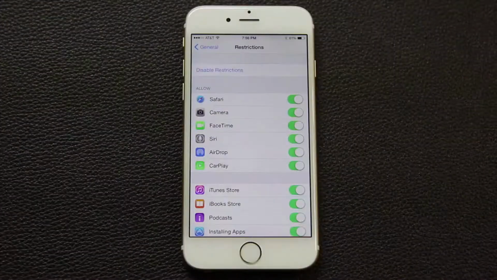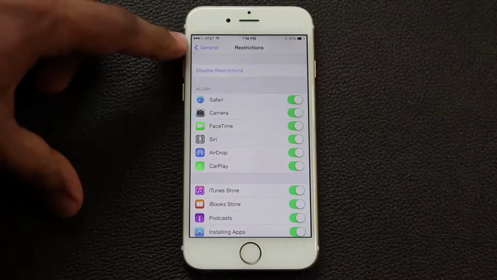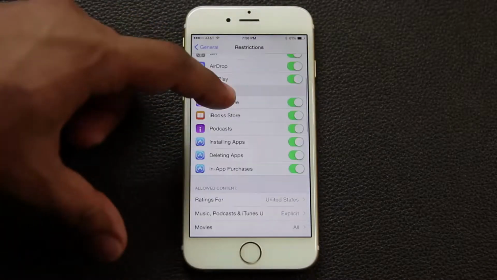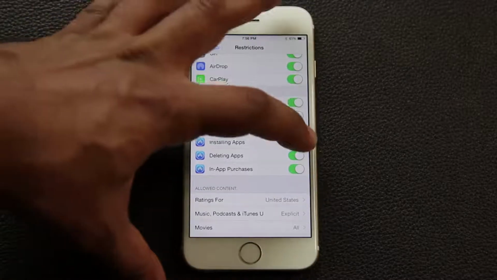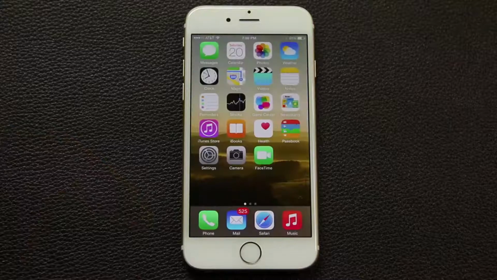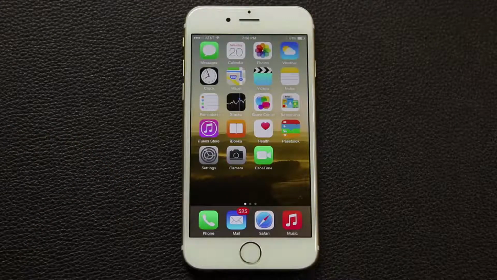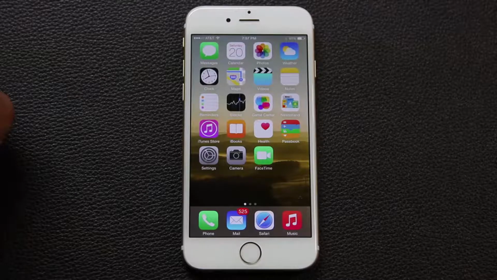application. There's also one more tip I want to share with you guys in the restrictions tab. So if you go back into restrictions that I just showed you guys, and if you scroll down under here, you'll see installing apps. If you turn this off, okay, the iTunes store, the App Store actually disappears. So nobody can go now, if they're playing with your phone, and accidentally start buying applications, which actually is something a lot of people have complained about. They never want to buy an app, but their friend or their kid or their brother will go and buy an app, and that's going to cost them money, it's going to cost you money, and you never actually have